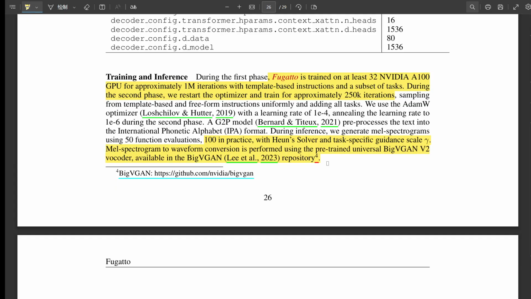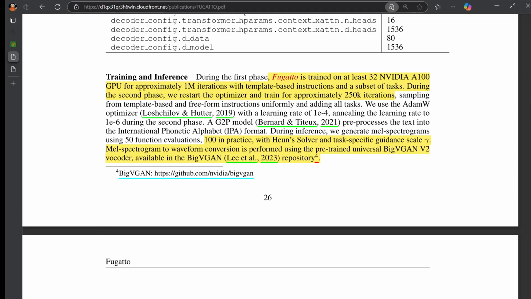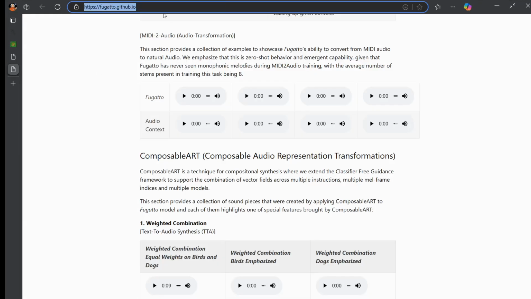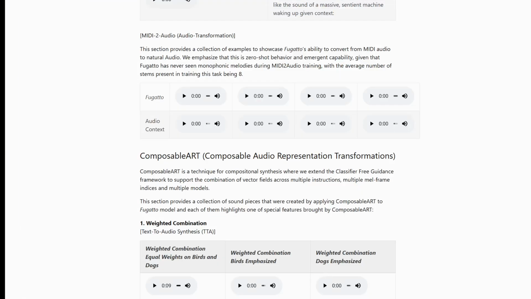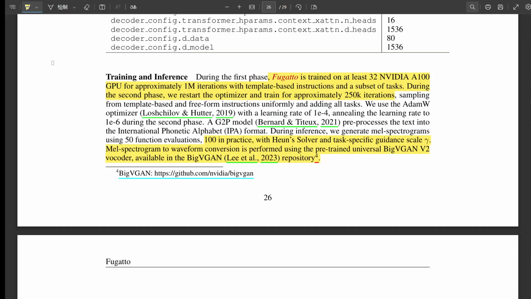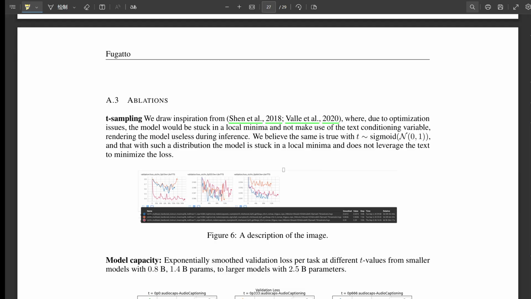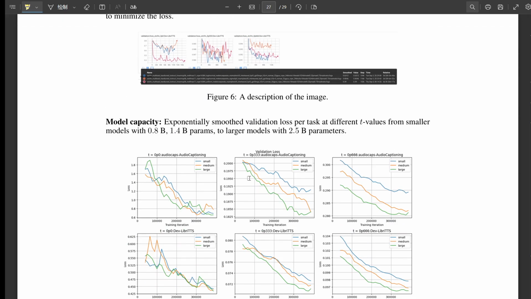Not exactly. They had to be more strategic about how they curated and processed their training data. Those 5 pillars that we talked about earlier. That's right. Those were key in teaching Fugatto the language of sound. The relationships between all the different elements and how they can be changed. So it wasn't just about how much data they had, it was about the quality and the variety. Exactly. They didn't want Fugatto to just copy existing sounds. They wanted it to really understand how audio is structured. The basic building blocks of sound. Right. And how they could be rearranged and changed to make something totally new.